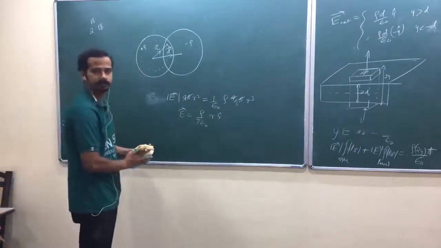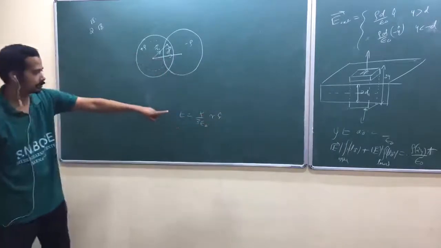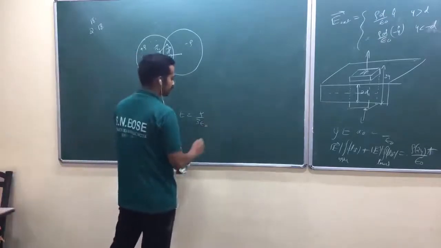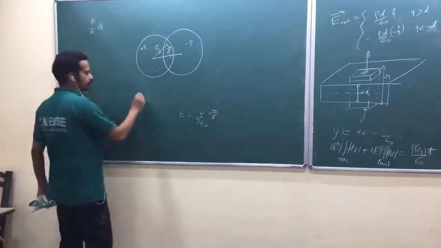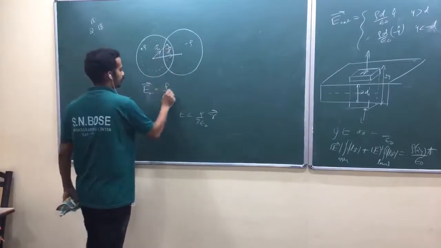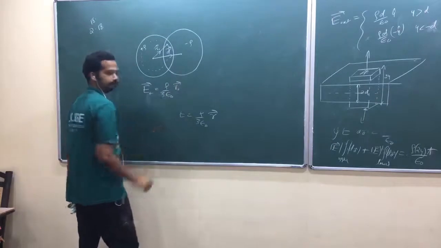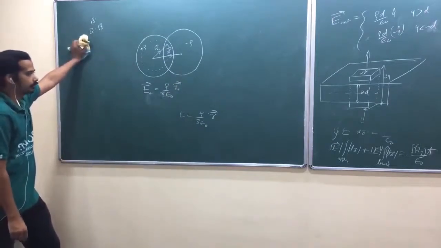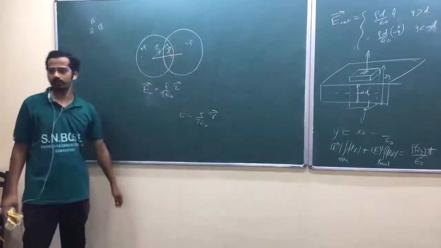Yeah, speak out. R plus. Now again, you got that idea. Rho by 3 epsilon naught r into r cap, or rho by 3 epsilon naught r vector. Can I write like this? Is that okay? So that's why E plus at this point is equal to rho by 3 epsilon naught into r plus vector. Okay. So now assume there exists only minus rho charge distribution.